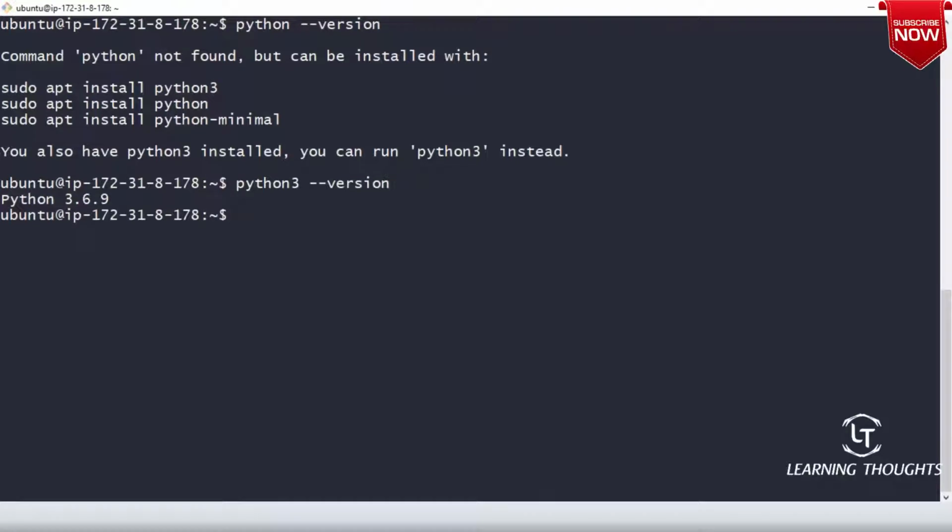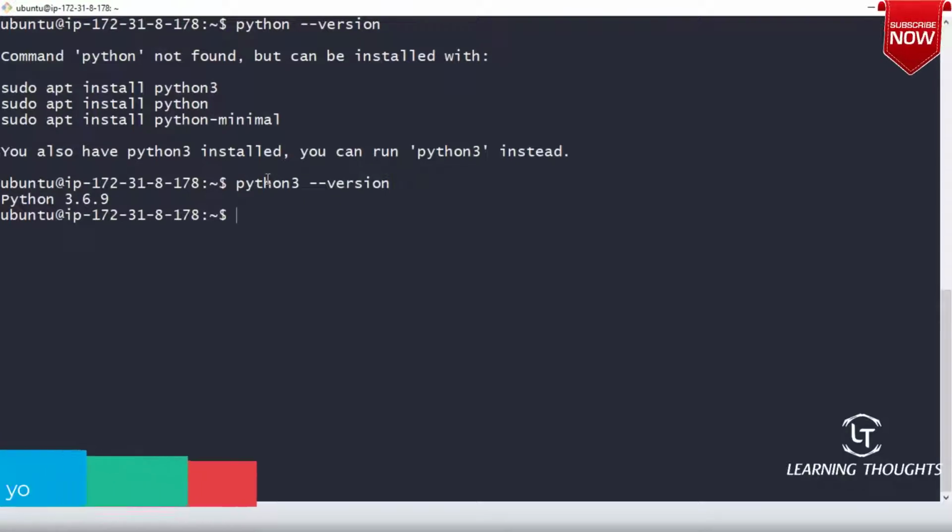Am I clear on this? So we have Python 3 installed, and if you want to access Python 3, you have to use python3 --version.